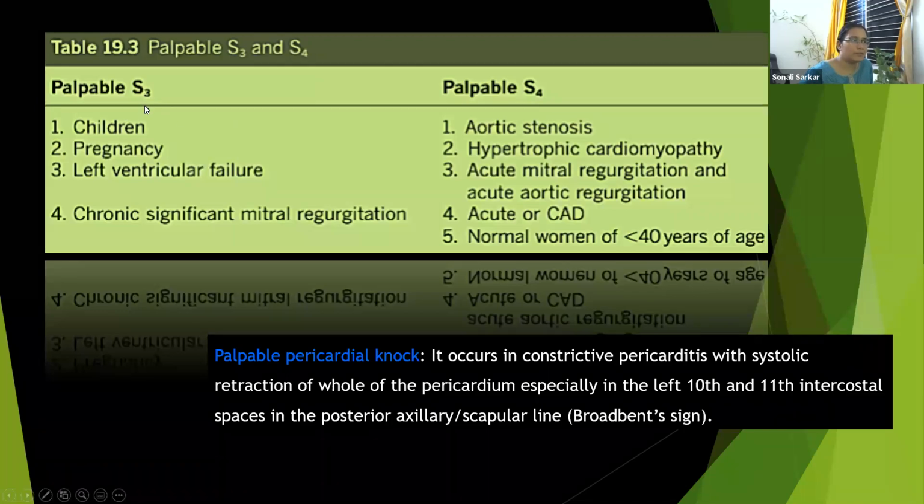By the company it keeps. S3 occurs earlier in diastole, S4 occurs later in diastole. That is, the gap between A2 and S3 is smaller compared to the gap between A2 and S4. And also by the company it keeps. If this patient has a long holosystolic murmur at the apex of mitral regurgitation, and you can feel a third heart sound at the apex, that means it is a palpable S3. But if this patient has a long systolic murmur at the base, the right second intercostal space, that is a murmur of aortic stenosis, so if you palpate a heart sound at the apex, it is S4 and not S3.